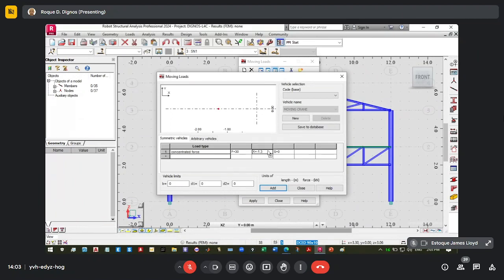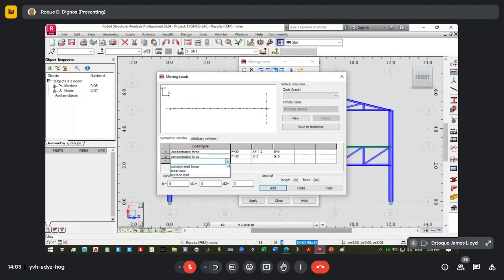Sorry, class. Minus 1.2. And proceed with the next force. Again, it's 30 and 0. So it's in the middle. So there are three forces that will move. And this one is at the center because its x is 0.